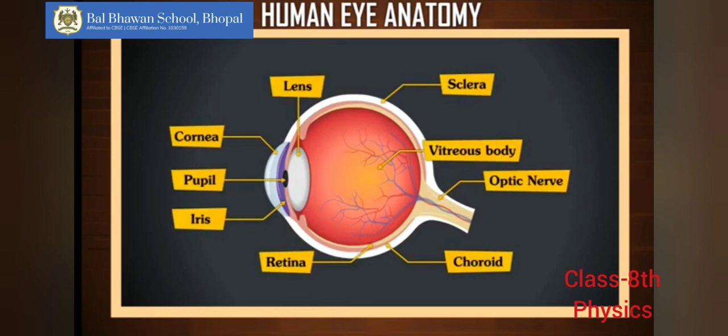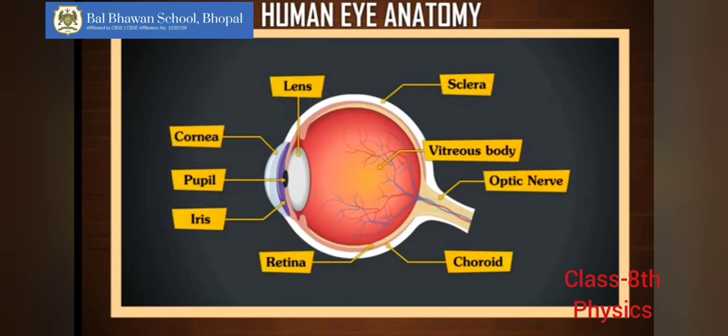Then the back part of the eye is fully covered by retina, which is formed by many nerve cells. Two types of nerve cells are present there, rods and cones. All the nerve cells collectively form the optic nerve through which the messages are carried to the brain in the form of electric pulses. Then two types of liquids fill the eye. In the front portion is aqueous humor, and in the back portion of the eyeball is the vitreous humor. This is all about the structure and the functions of the human eye.